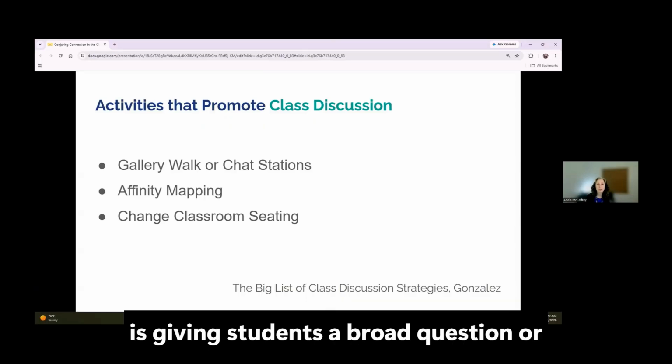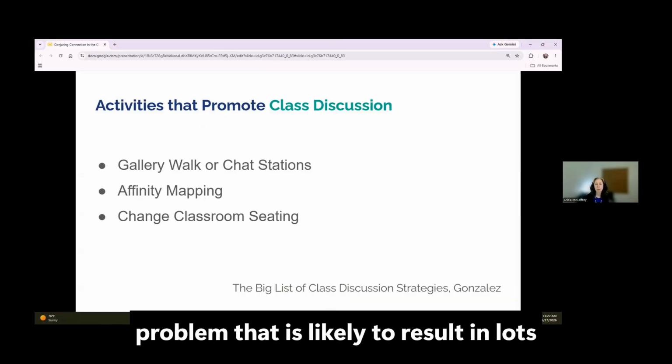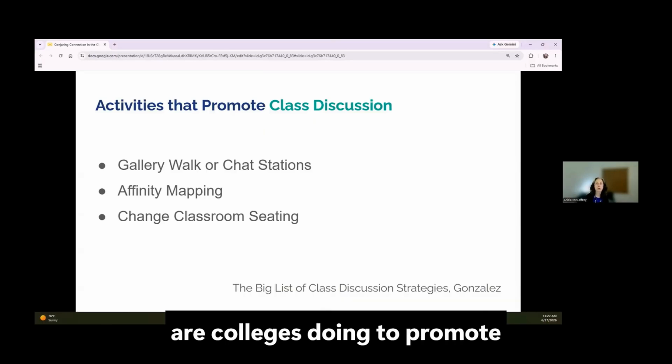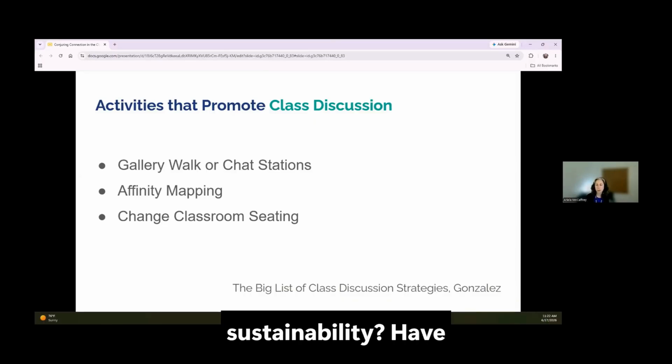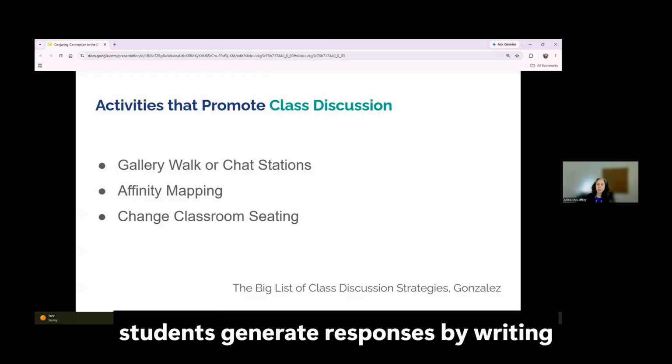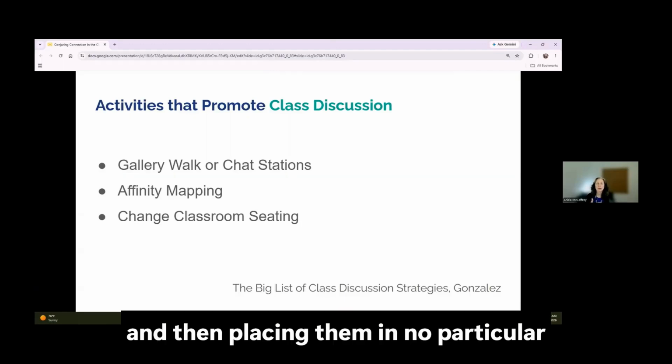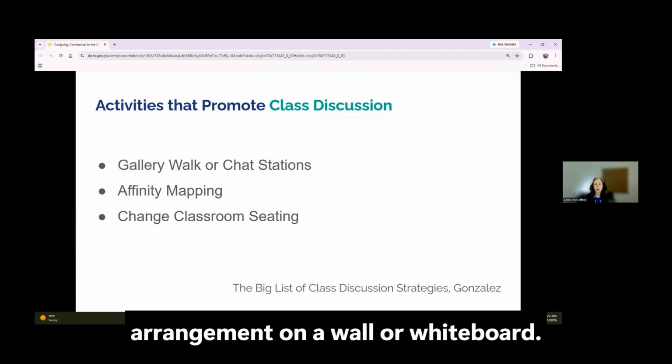Affinity mapping is giving students a broad question or problem that is likely to result in lots of different ideas. An example is, what are colleges doing to promote sustainability? Have students generate responses by writing ideas on post-it notes and then placing them in no particular arrangement on a wall or whiteboard.